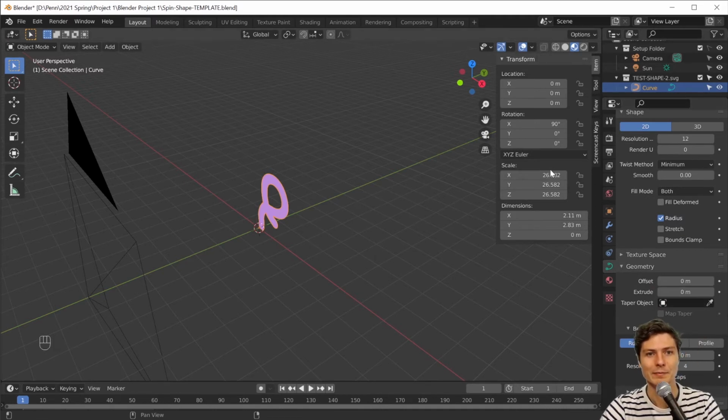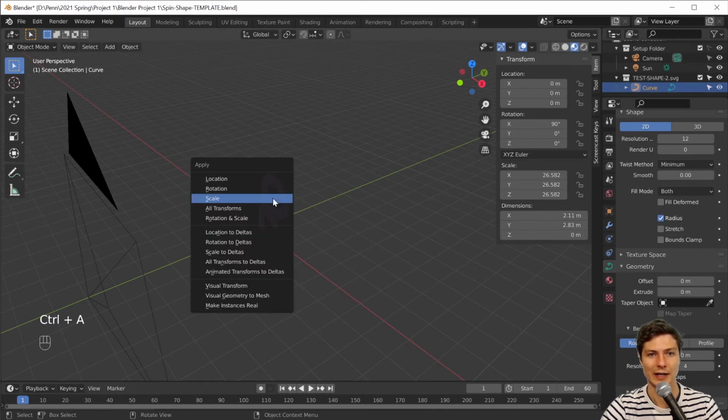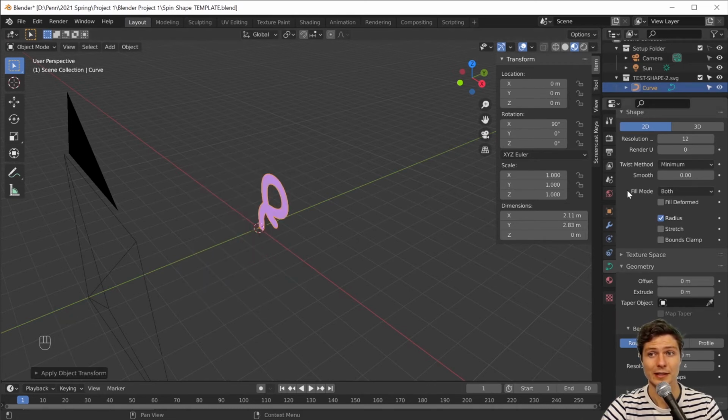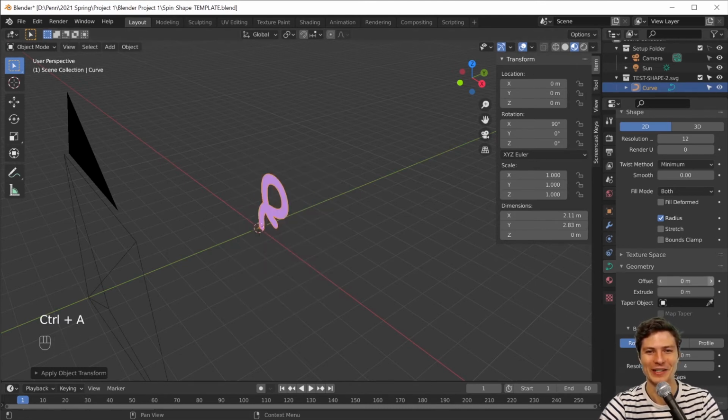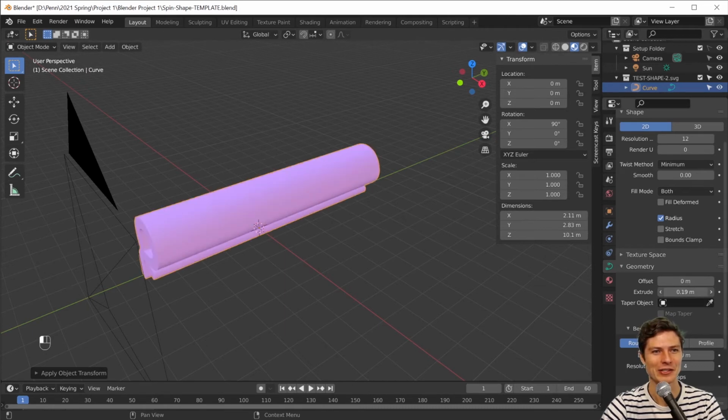But before, let's change the scale so it's set to 1. So with your shape selected, you have this curve selected. It is our shape. You're going to do Control A. And then we want to apply the scale. And you can see it turns it into 1. Yeah, do that. So Control A, apply the scale 1. Cool. Now we extrude, and you guys can go wild with this, but I'm going to just do that much,